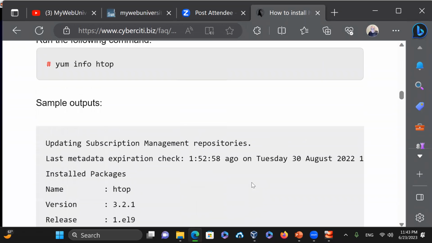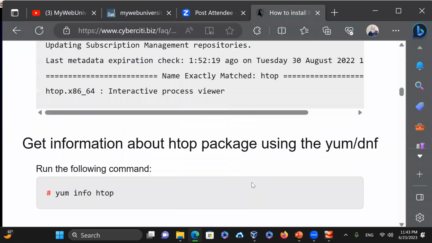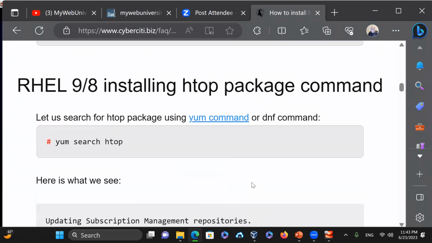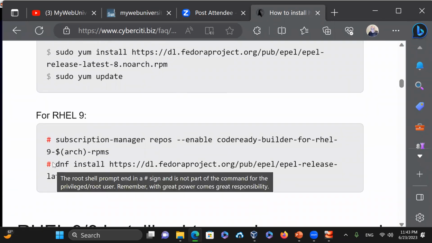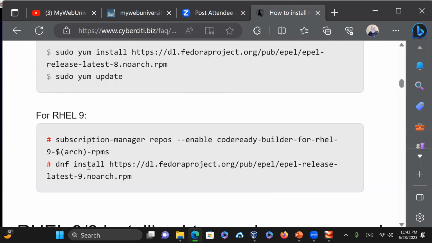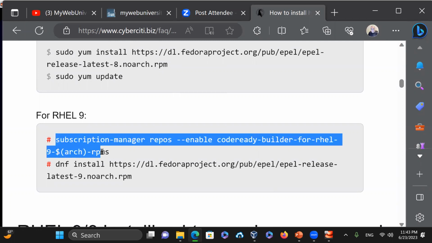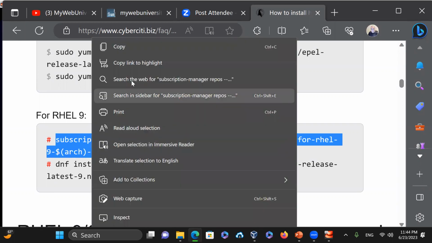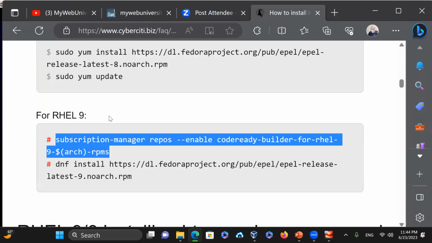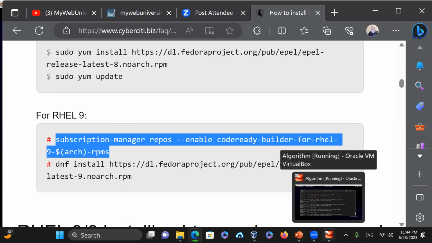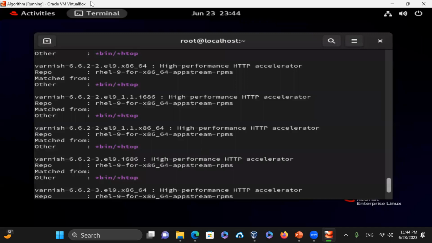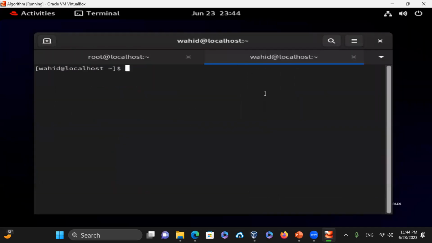So I'm gonna try that package update first. Let me do the DNF subscription manager here. And there's a couple of these ones in addition to those commands. Okay, so let's just do this one inside the terminal itself here. So I'm going to open here a terminal, say Firefox,